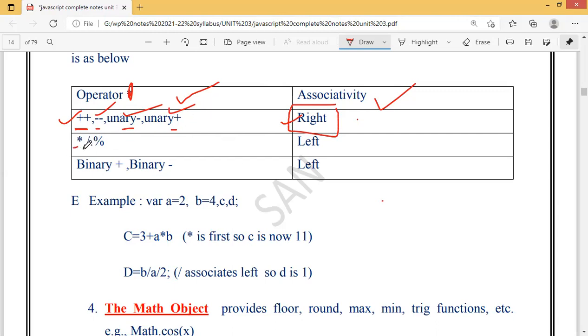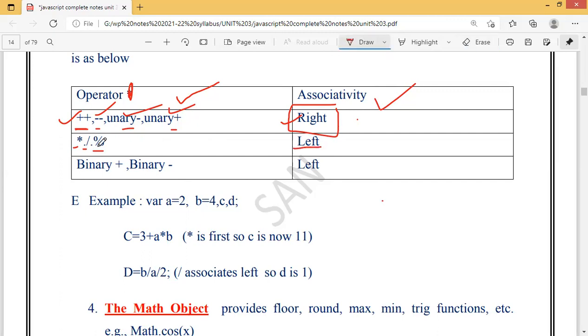Then we have star, we have division, and then we have modulo. Star is nothing but multiplication. Division is going to return you what, students? Quotient. Mod is going to return you the remainder of the expression, right? So if the star, division and mod are there, first you have to evaluate the star expression, then wherever the division is there, and at last you have to solve the modulo. If it is a into b divided by c divided by d, something like that, you have to follow this order: first multiplication, then division, and then the modulo. And all these are left associative, students.